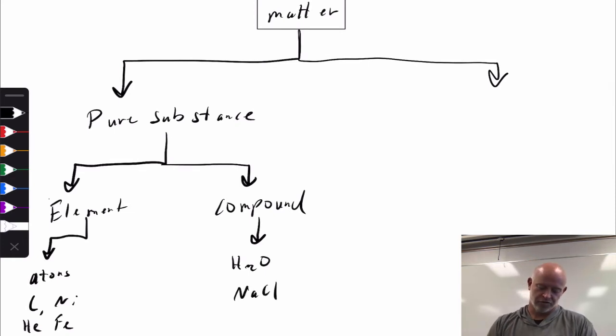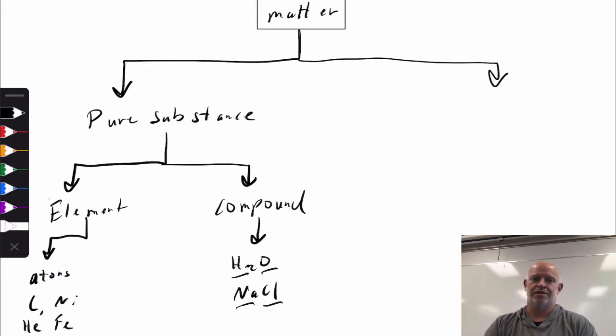Notice how we have 2 different elements inside that compound, but they are chemically bonded together through what's called a chemical bond. We'll talk about that a little bit more in a little bit. And that creates new properties, okay? That is why we can call a compound a pure substance. You might be thinking, wait a minute, you're combining more than one thing. How can that be a pure thing if you're combining it? Because it actually takes on its own new set of chemical and physical properties, okay?